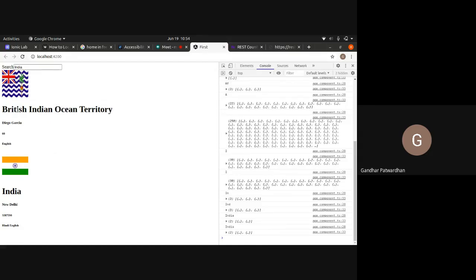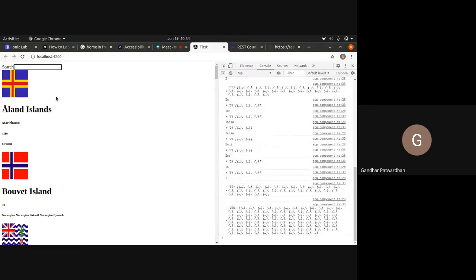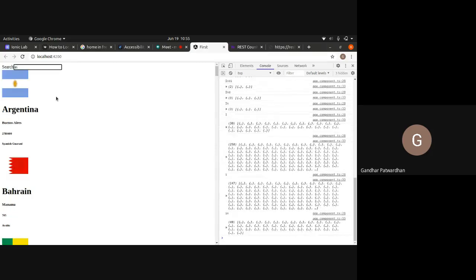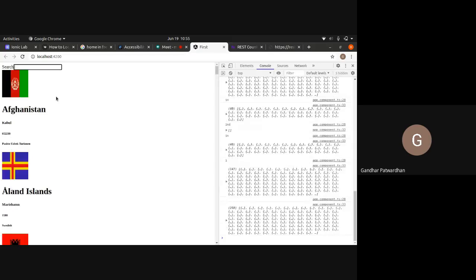So all the names which include INDIA would be displayed. And if I remove this, this would keep on changing. But this is still not case insensitive, sorry. Now, if I type IND, we don't get anything. Why? Because this is not case insensitive.